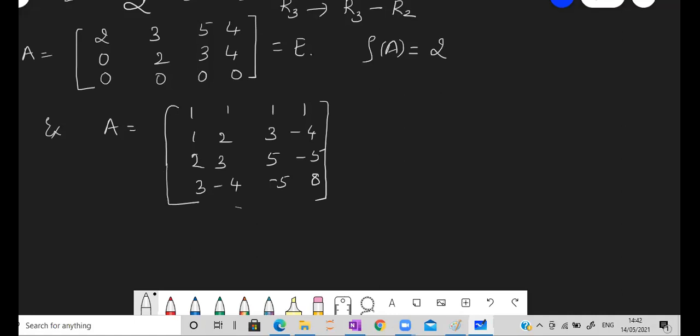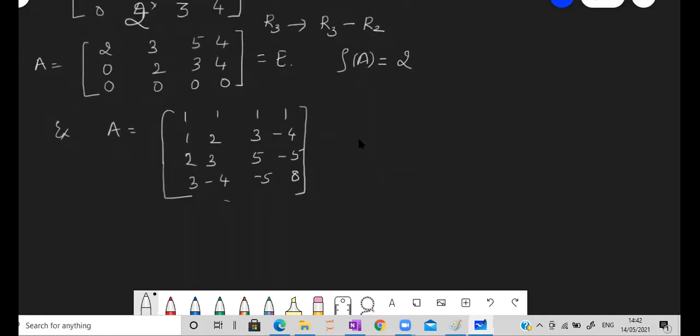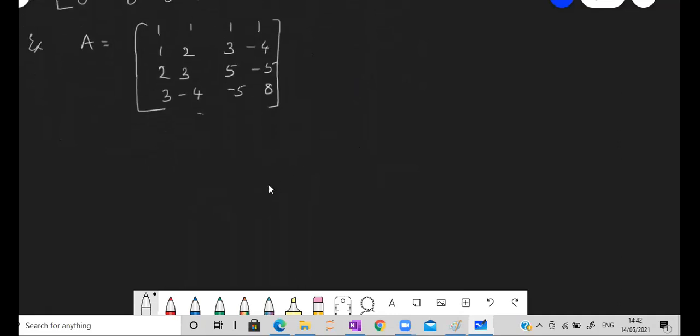Okay. Now tell me, the rank has to be... can I restrict it to some number? Can I tell that the rank cannot be more than this number? Ma'am, 3. Why can't it be more than 3? The last one is not 0, it's 8. Even if it were 0, you cannot say. Now, what is the order? Order is 4, which means the rank may be 4 or less than 4. It cannot be more than 4. Got it? It's a 4 cross 4 matrix.